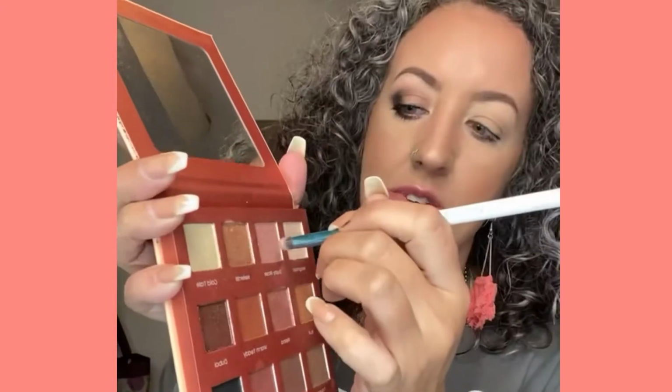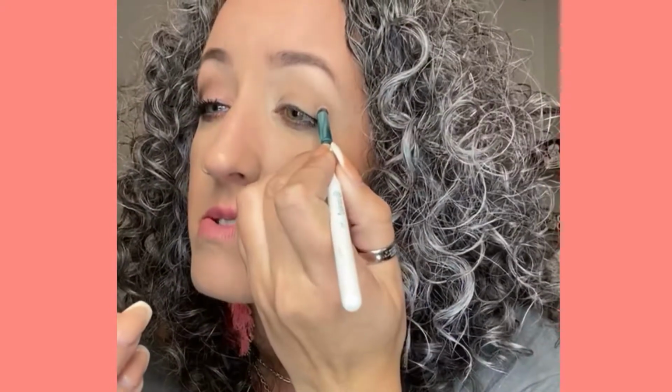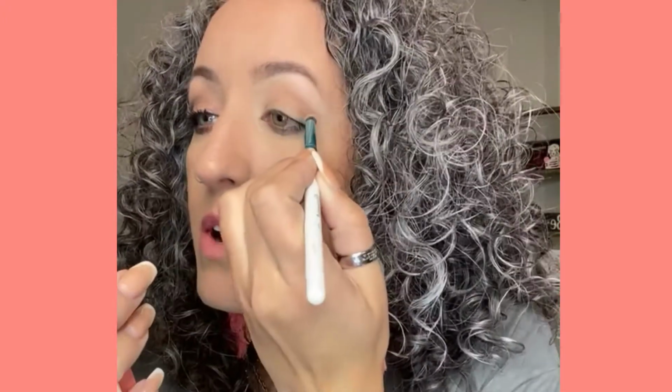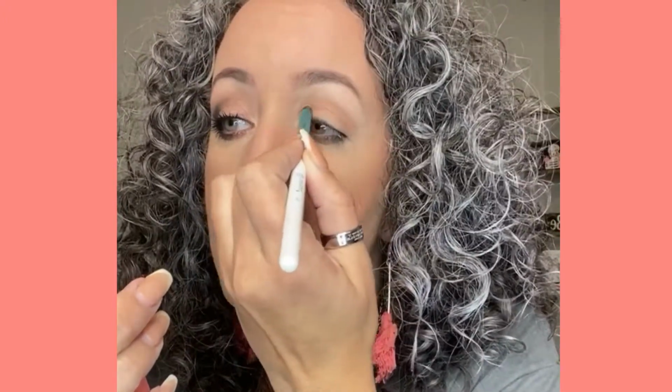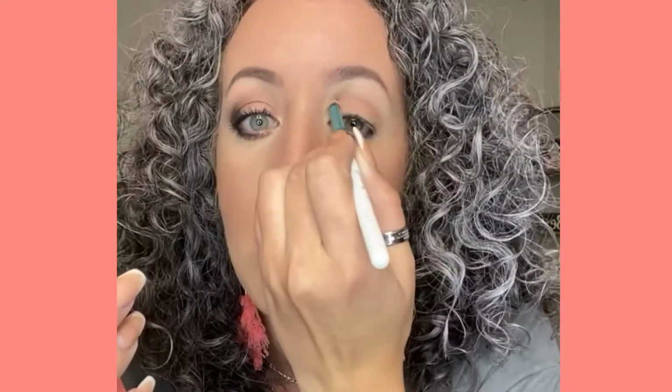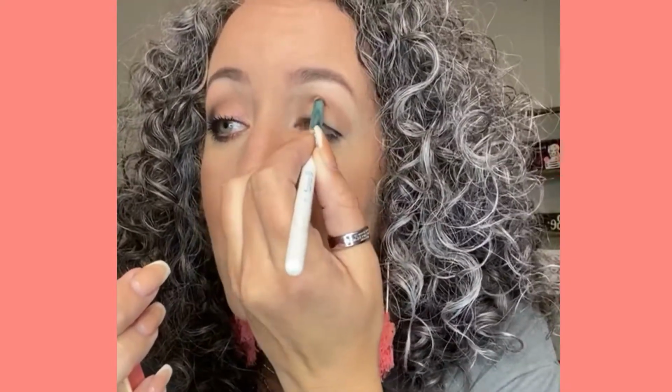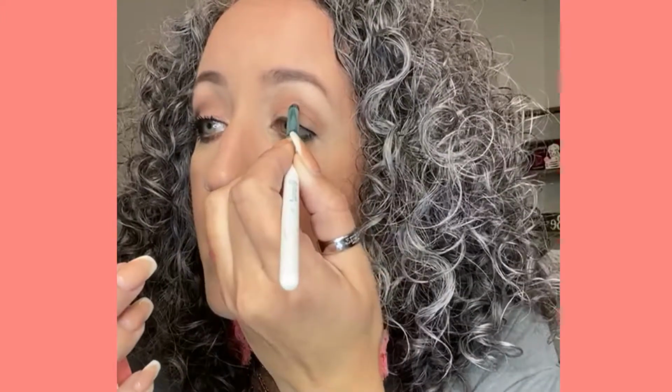Okay, so this one right here, we're gonna just put the brush in the shadow. This is the Dusty Rose color. And I'm just gonna press it in the crease. And on this color, I did go all the way across. And I went in quite a few little layers, maybe 3 or 4, because I really wanted it to stand out and be bold, and it's a lighter color, right? So you can see how each time I'm putting it on there, I'm just kind of pressing that color in there,